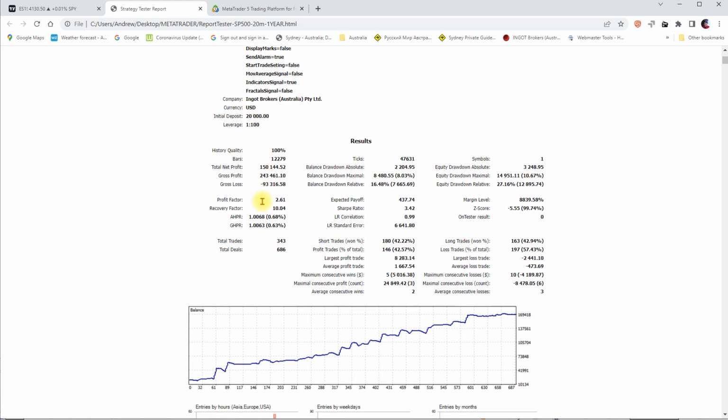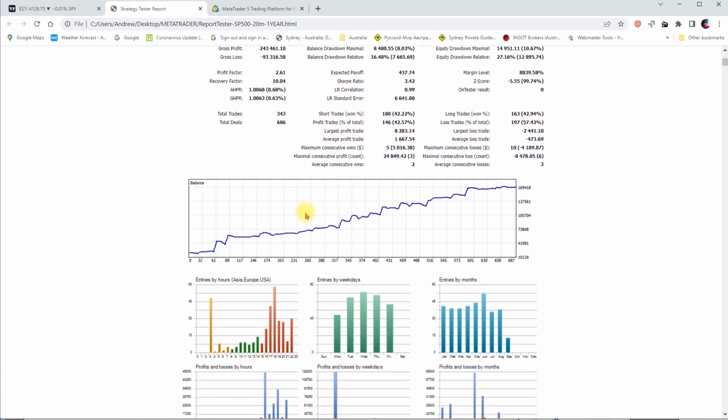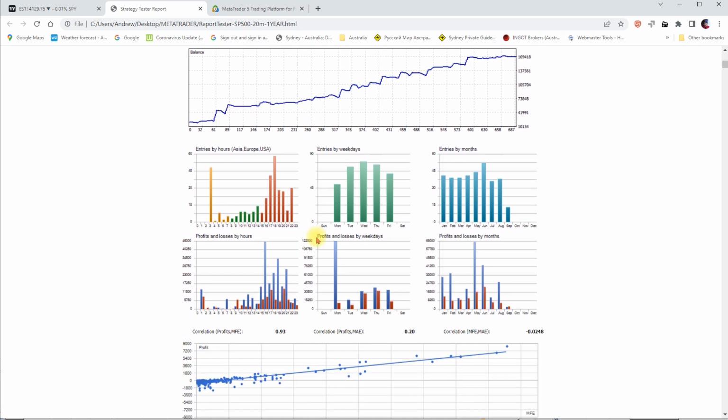So these are all the parameters of the system, and what we got with an initial $20,000 deposit from January till the 9th of September: the system managed to make a net profit of $150,000, and the drawdown of the system is only almost 16.5%. So it's pretty impressive in parameters, and moreover, the system also, as I mentioned before, has order volume management, and